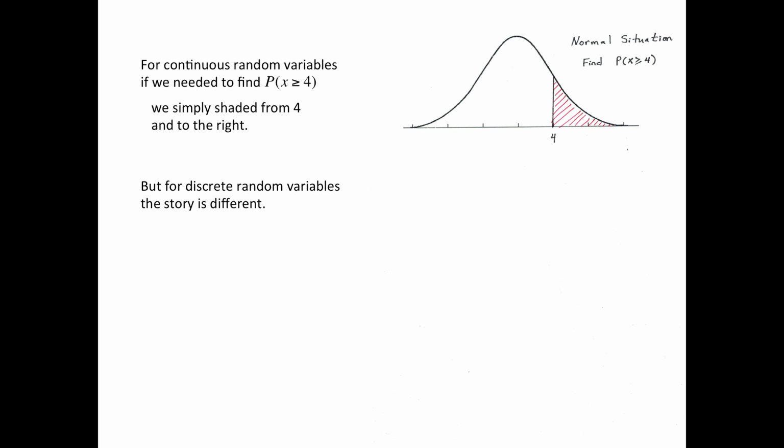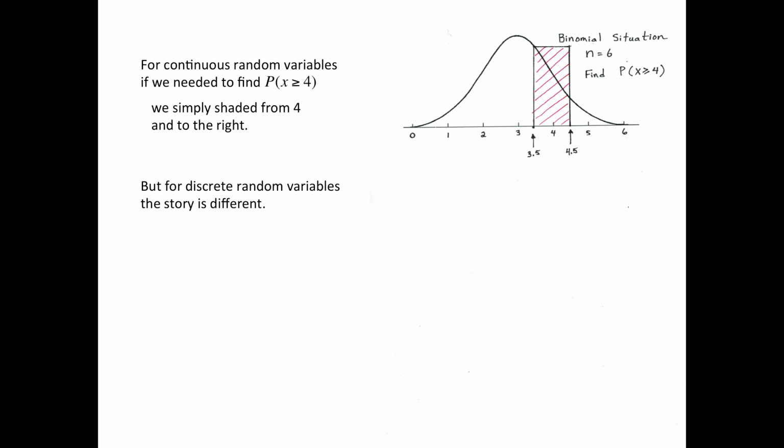But for discrete random variables, the story is different. Discrete means it's taking on countable values, like how many shoes a person owns: 1, 2, 3, 4, etc. So take a look at this. Here are the possibilities: they don't own any shoes, or there's 1, 2, 3, 4, 5, or 6 shoes. So for this fourth shoe, what's the probability a person owns exactly 4 shoes? Since there is a discrete probability for that, let's say it's 10%, then this red area would be 10%,